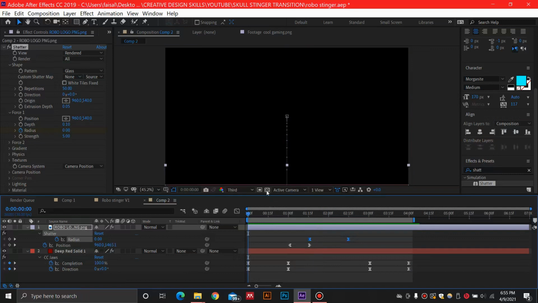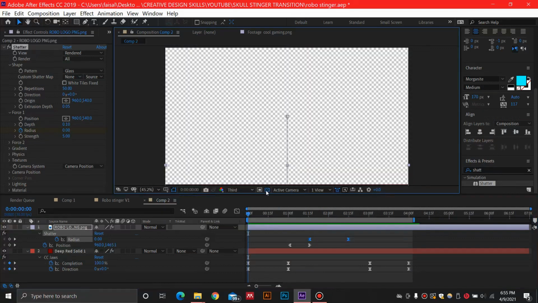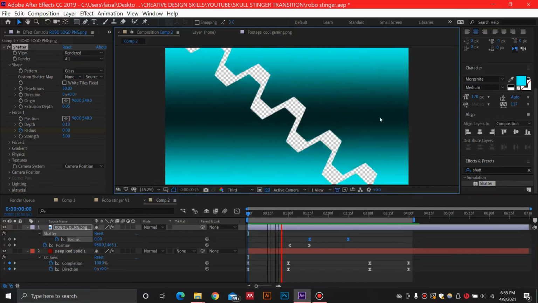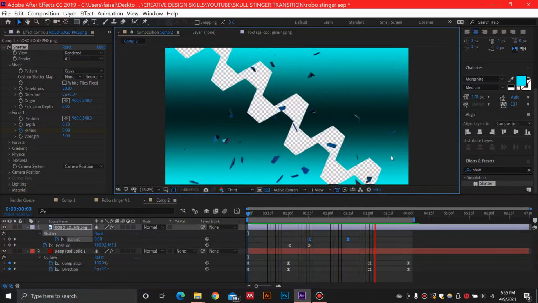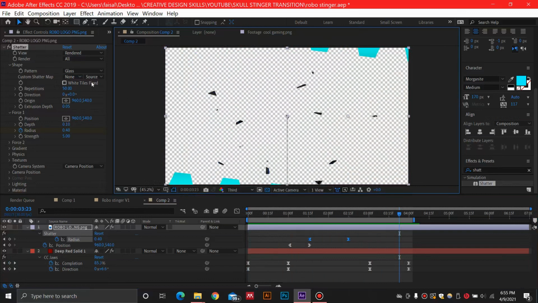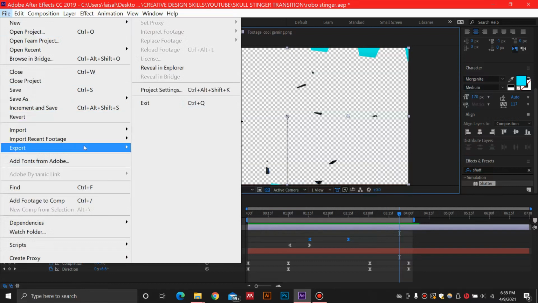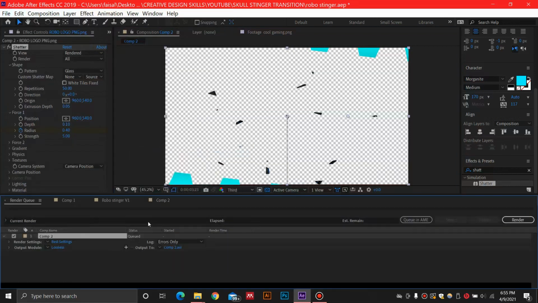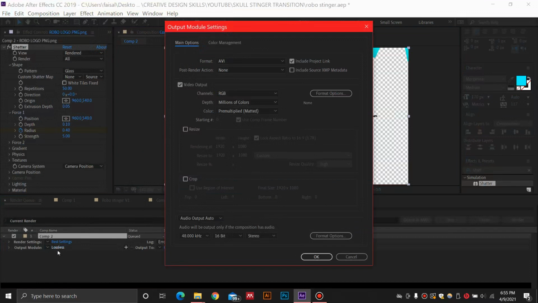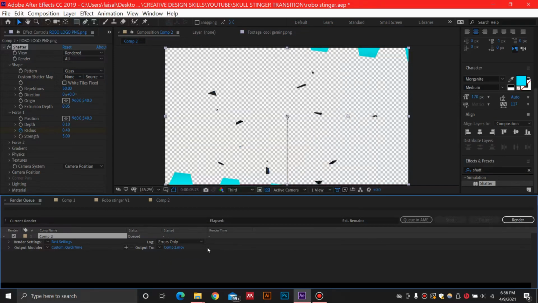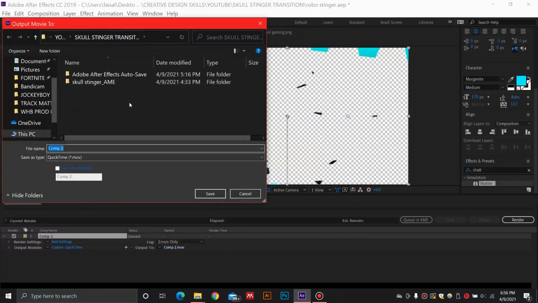Now in order to render this file, what you want to do is select this, toggle this transparency grid so that you have a complete Stinger transition like this, and your game screen can come over here and you can add it in StreamElements easily. You can just go in file, export, add to render queue. For this render queue, I'm going to select lossless, and I usually select QuickTime for this, and this is the option RGB plus alpha, really important for transparent animations. Select OK, and then you can select the output module and save it wherever you want,